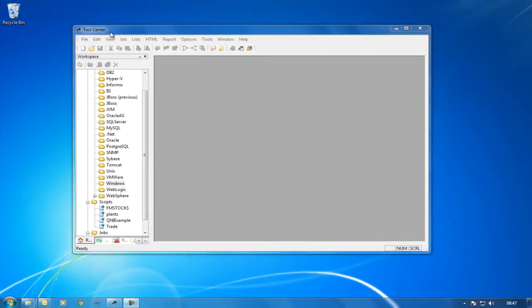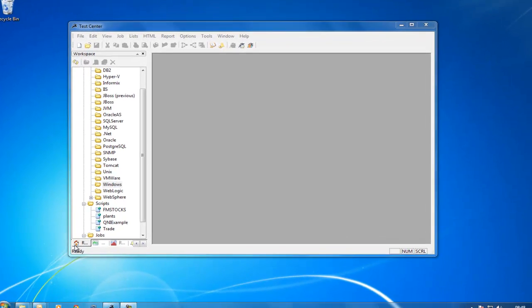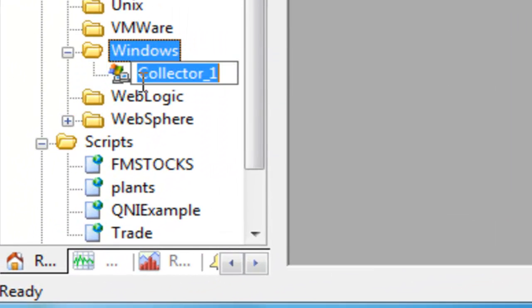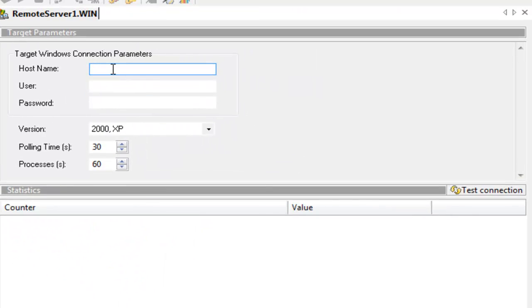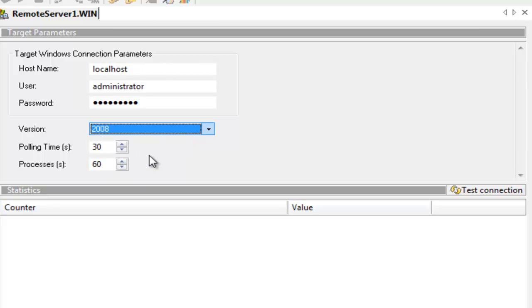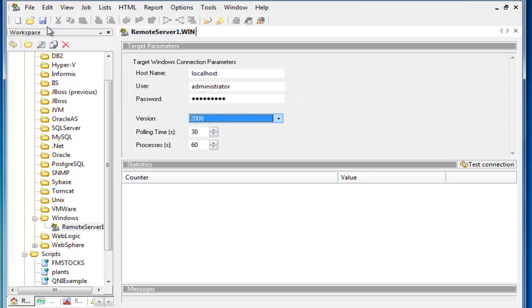So back at the test center machine, so your desktop, and looking in the repository, we're going to create a Windows collector, and then specify the username and password and so on that we're going to need to get permission to get the performance statistics. Now the host name is localhost. Now we're not using this machine that we're looking at now, we're using the machine that we just looked at in the remote desktop, and that's because we're going to send this template across to that remote agent to do the monitoring. I'm not going to click test connection here because I can't see that machine from here. That's why I need my external agent. So I save it, I close it,